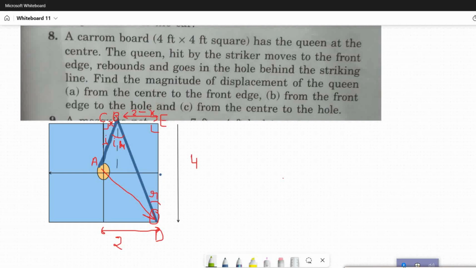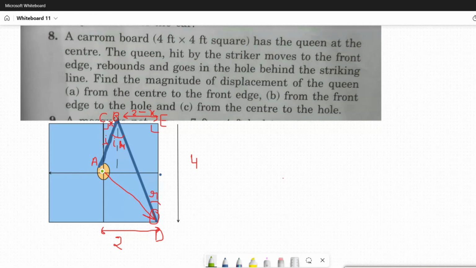So today we are going to solve this question which is from H.C. Verma. The question says a carom board has the queen at the center. Now let us make the diagram for it first. The carom board has the queen at the center. The queen is hit by the striker and moves to the front edge and rebounds and goes into the hole